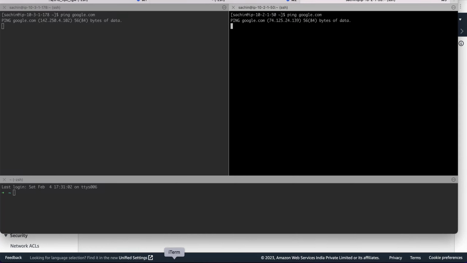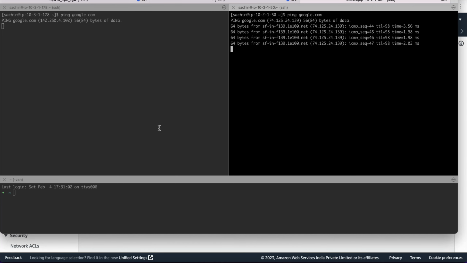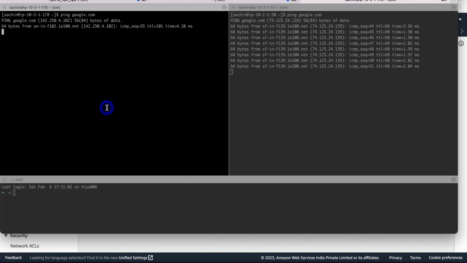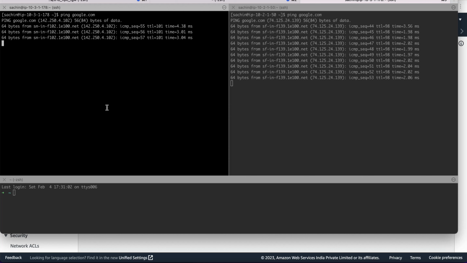Let's quickly go back to our instances and give it a couple of seconds. Let's wait, because I've already pinged and it will take some seconds to get activated. All right, I see VPC2 has started receiving the packets. VPC3 also, yeah, all right. So now we see